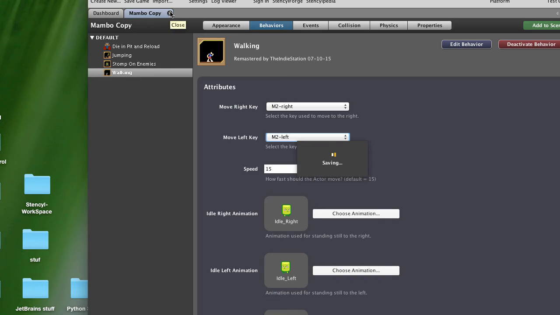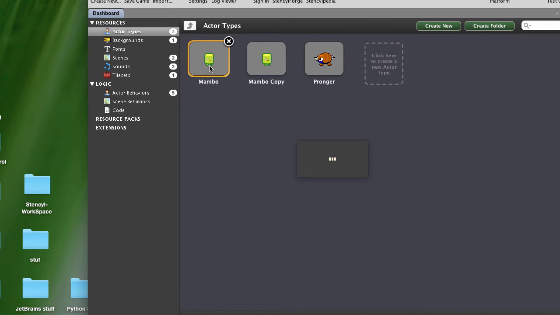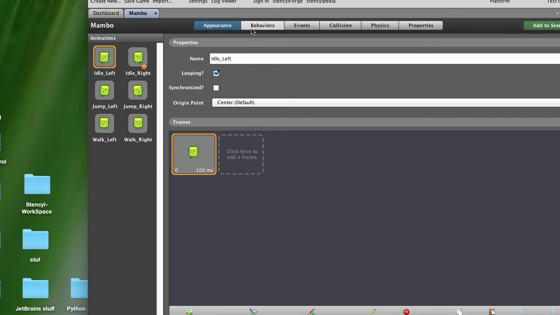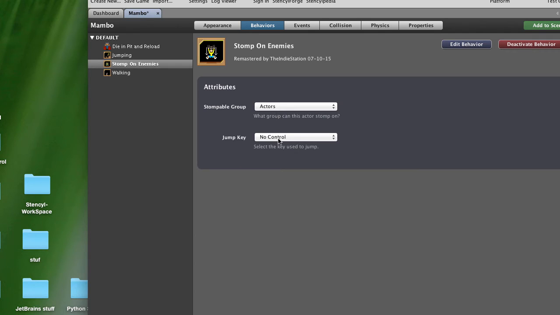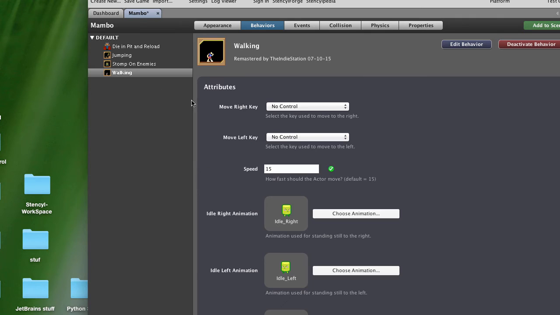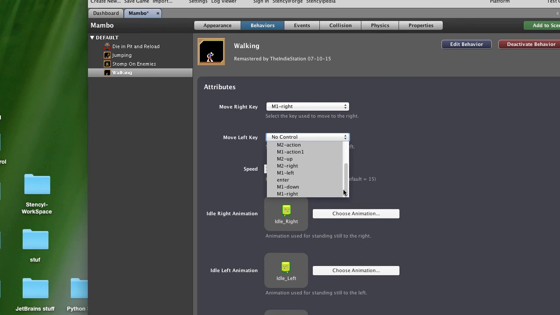Now since I've changed the names of the original key bindings, I need to go and check on the original Mambo and make sure that his behaviors are still set right. And they are not, so it's a good thing I checked. So this needs to be Mambo 1 up, and stompable group, jump key, okay, jump key. This needs to be Mambo 1 up. And walking, let's see, Mambo 1 right, there it is. Move left key, let's see, where's Mambo 1 left? There, that is. And now if we test the game,